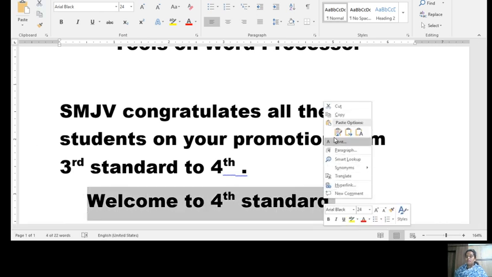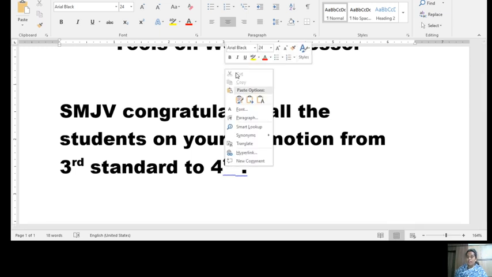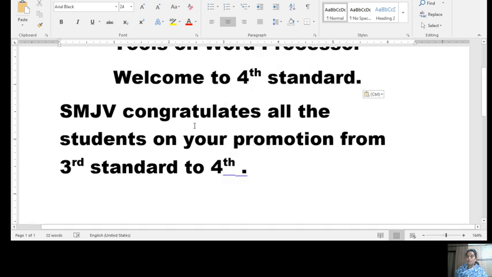Right click, cut. Now place the cursor where you want the text. Where the cursor is blinking, right click, click on paste. Understood? Moving the text, children?